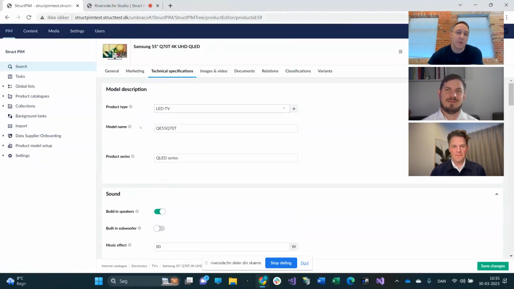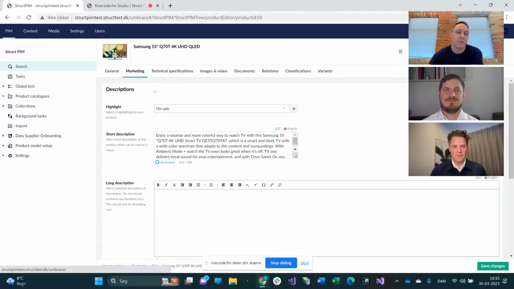When we have the information like we do here, the next task that often is very tedious to do and requires special competences is to actually create engaging texts that explain these products in a nice way.